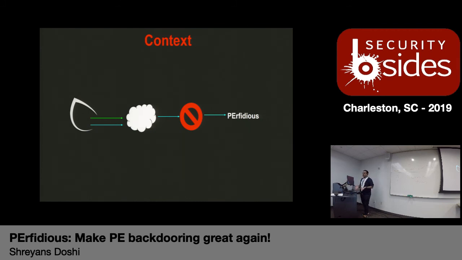Now, as fate would have it, the manager basically left the company for another company, and I was left with the project to do whatever I wanted to do with it, right? So I had two choices. Basically, I could idle away my time at Cybrary, or I could develop a project that could be a logical conclusion to what he started, right? So that is where Perfidious comes into picture.